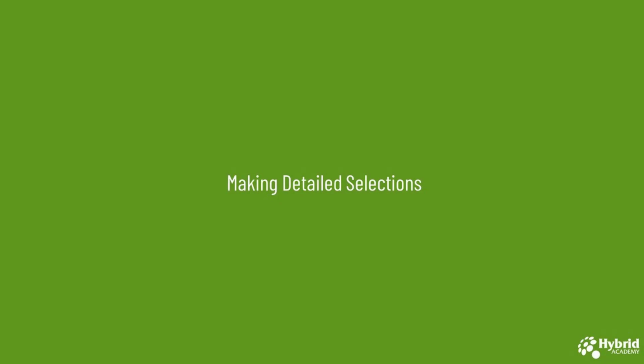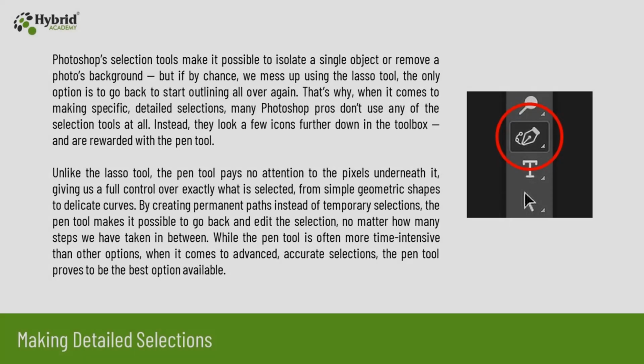Moving further with our session, let's see how we can make detailed selections. Photoshop's selection tools make it possible to isolate a single object or remove a photo's background. But if by chance we mess up using the lasso tool, the only option is to go back and start the outline all over again. That's why when it comes to making specific detailed selections, many Photoshop professionals don't use any of the selection tools